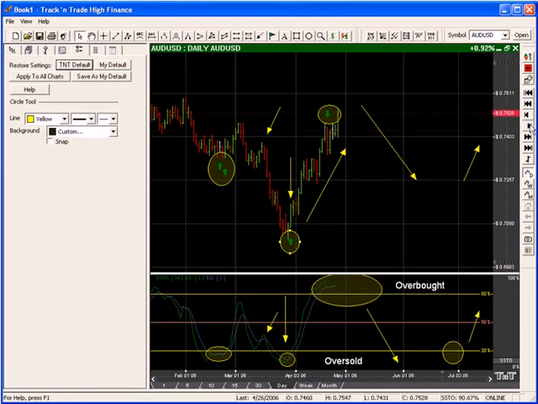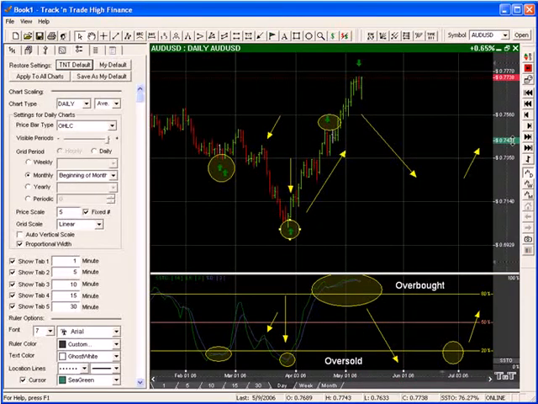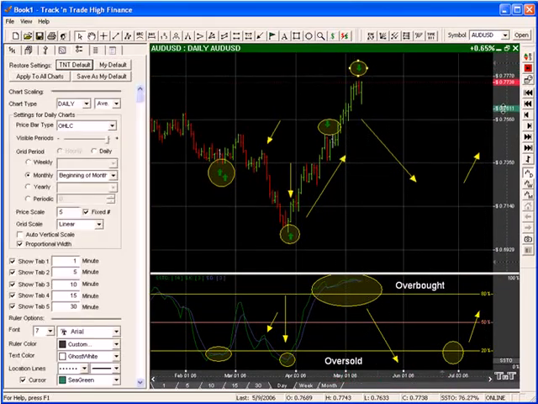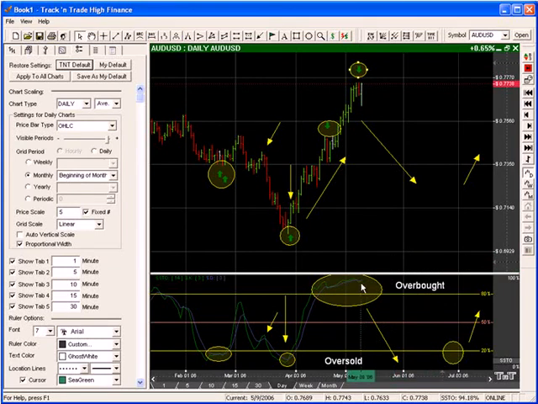Let's go through and continue. And this is the reason why. What happens is, because this is based on a 0 to 100 scale, notice it's a 0 to 100 scale, this market can continue higher even though the stochastics indicator has already reached up into the overbought region. So the market can actually continue higher. Now, if you watch and wait for these lines to actually cross up in here, you're going to get the arrow, which we just received up here. It was kind of off the screen, so I brought it back on the screen. But you got your arrow because you got another crossover up here, right?